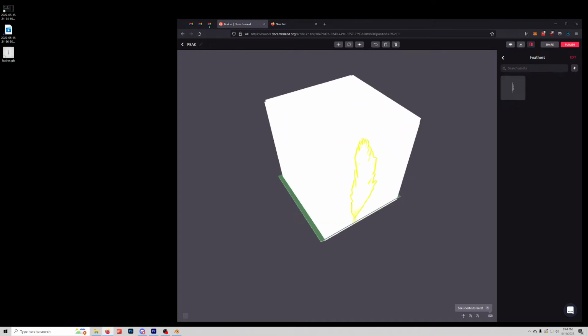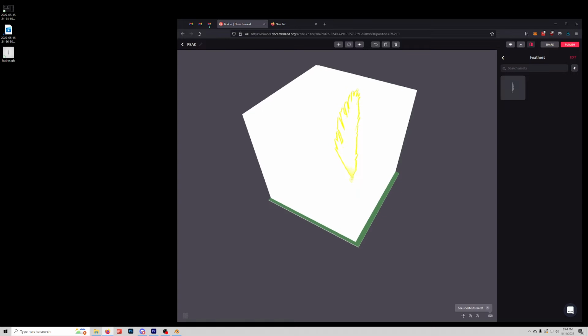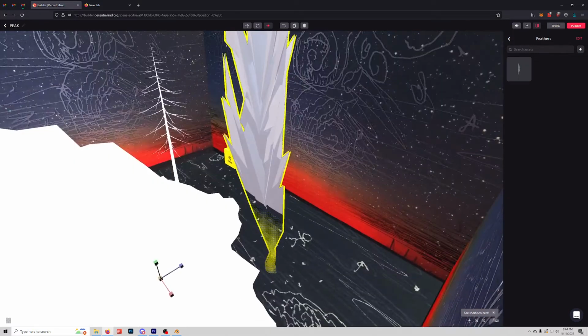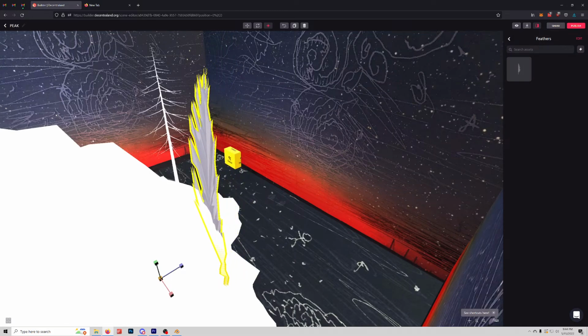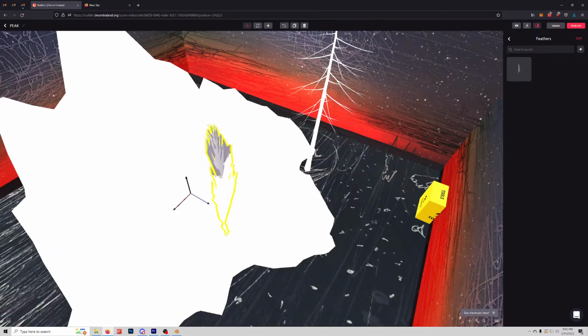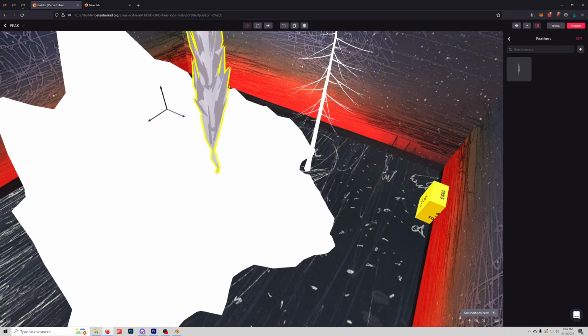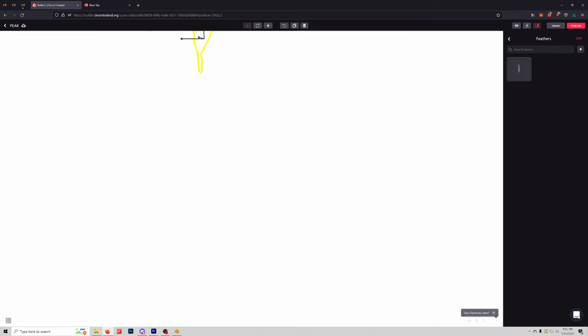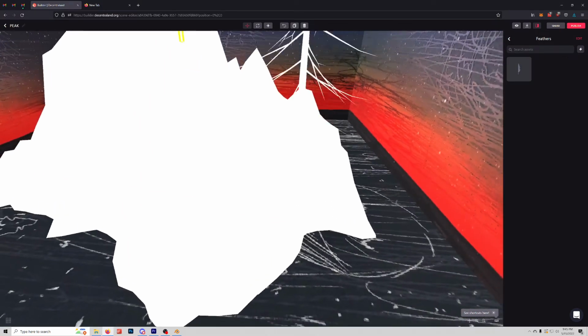Now it's way too big, so we're going to scale it down. It might be a little tricky to find the right view, but here, we'll do it now. So now this is like a giant feather. It's bigger than the mountain, so we'll scale it down using the toggle scaling tool. You can see it's kind of off center, but that's okay. Highlight the center square to scale the entire thing down proportionally. Hit shift so that you can have more fine-tuned scaling. Then switch over to toggle arrows, the green or Z axis arrow, move it up, the blue to move it over. Now it's still too big and in the mountain, but with a little change of view,